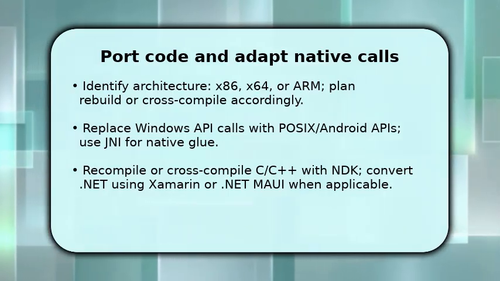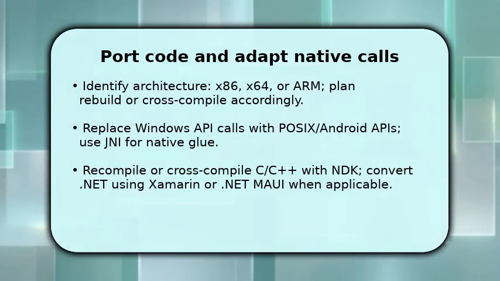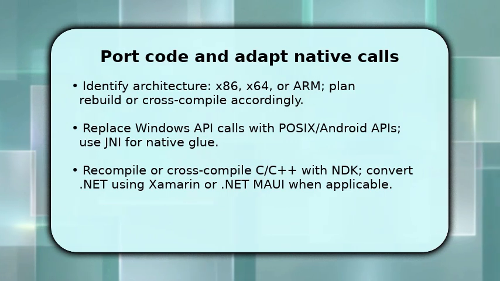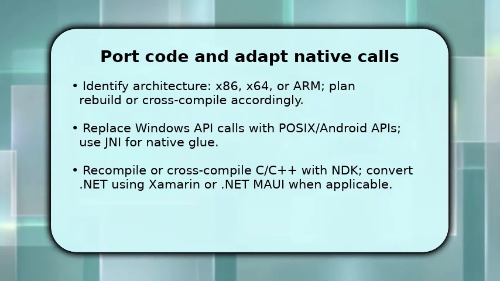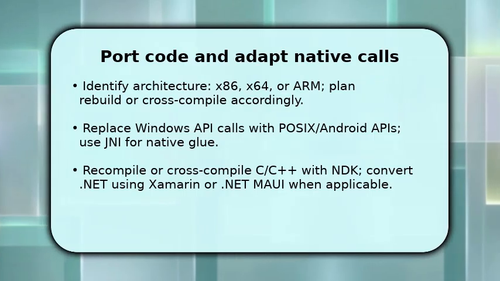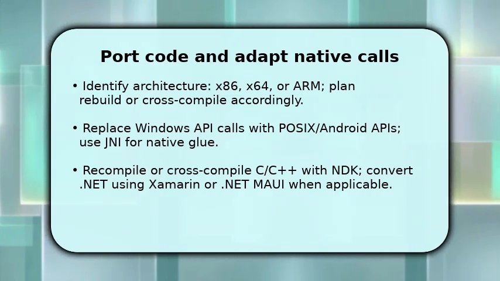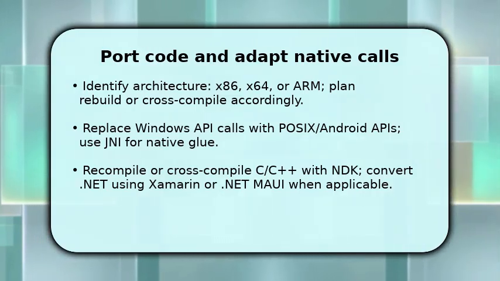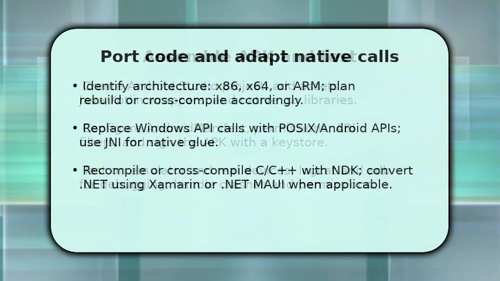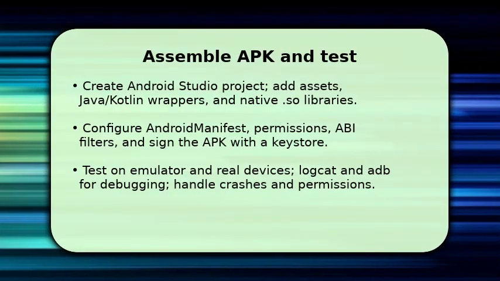If the exe is .NET, use Xamarin or .NET MAUI to retarget Android. Rebuild C/C++ modules. Finish by assembling the APK and validating runtime behavior. Create an Android Studio project, add your assets in Java or Kotlin wrappers, and include the compiled native .so files